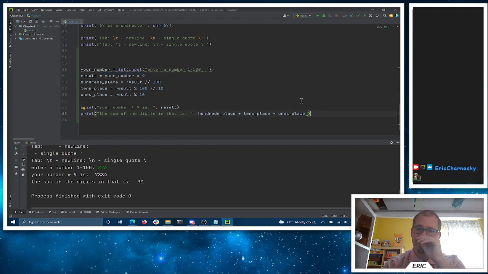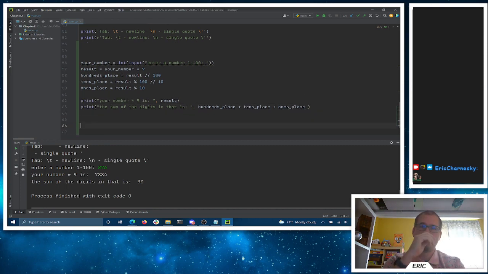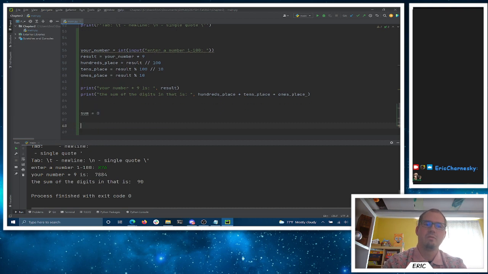All right, so let's do another one here. Let's say we want the user to add up a couple of values here. So let's say I want to have a sum that is just going to start off at 0, and then I'm going to ask them to enter a bunch of values. So I'm going to say sum plus equals, right? This is my shortcut for add and then assign back. Or I could say sum equals sum plus something, right? The same way, that's just slower.